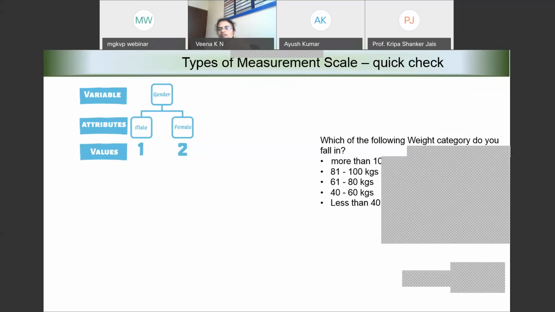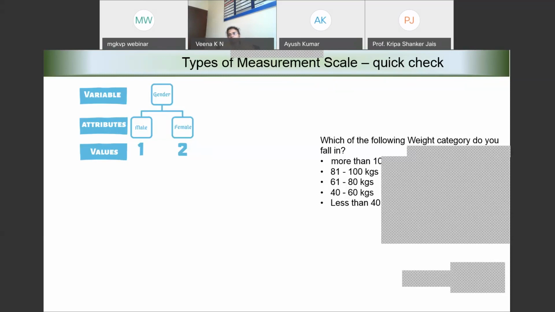Okay, so when we measure weight in kilograms, and if I ask you what is your weight, forget that I'm asking you to tick mark any one of the weight categories. I'm simply asking you weight. You would say I'm 61.3 kgs, or somebody would say I'm 58.7 kgs. Somebody else may say I'm 45.2 kgs.